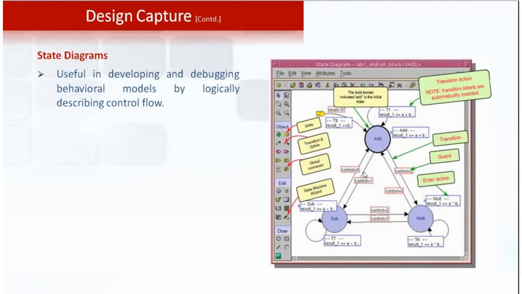We need to mention how many states there are and what the conditions are in each and every state and transition. Then if all these inputs are given, based on that the state diagram will be generated and placed in our workspace. And whichever state has a thick border, as mentioned here, will be our initial state.